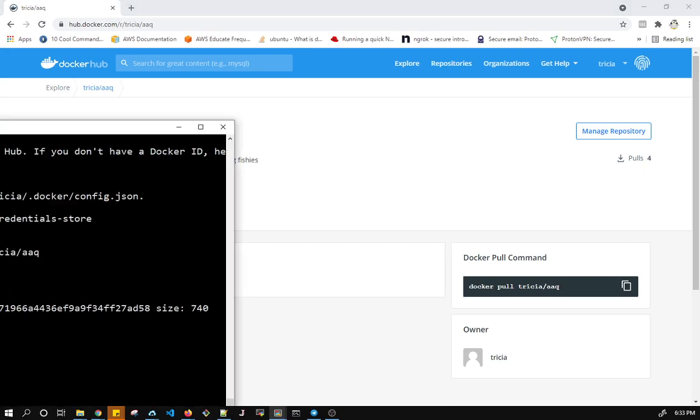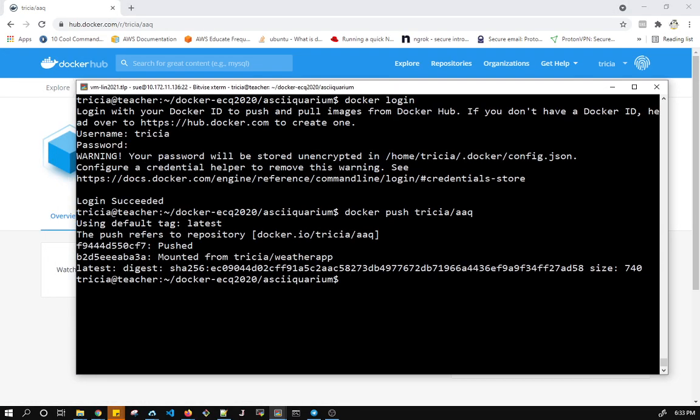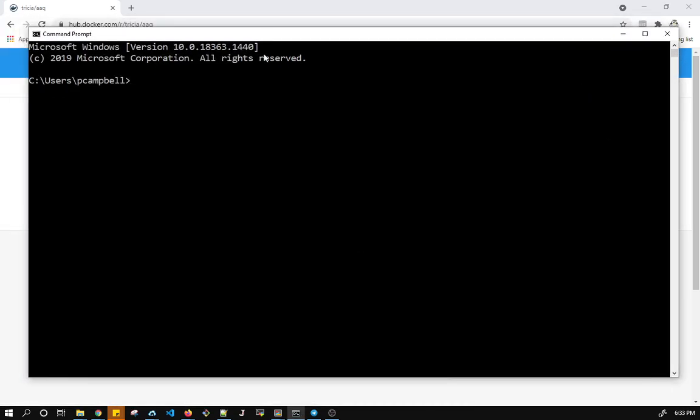So I just built that on here, but I want to run it on Windows. I should be able to run it directly from Windows. So let's pop up a Windows box. Notice I didn't need to give it anything. This is a standalone application. Docker run, what did I call it? Trisha AAQ. So this should download it from the Docker Hub